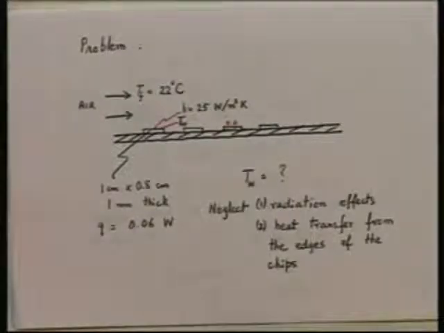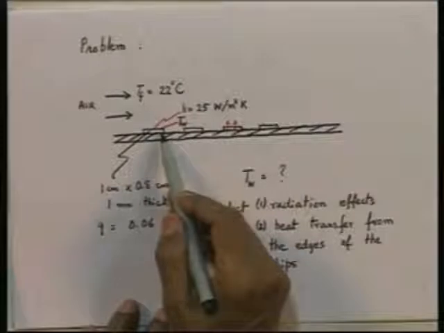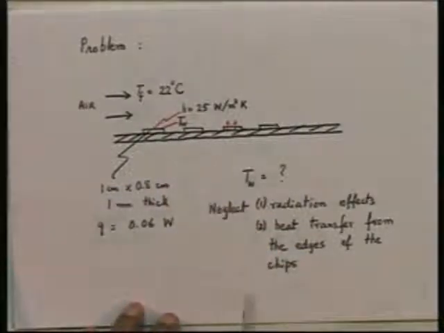So, keep in mind, right now we have done an overall study of this problem. We have neglected radiation, and we have assumed two values of h, one for forced convection and one for natural convection. As you go along and study this subject more, you will be in a position to calculate the value of h more accurately. You will be able to take account of radiation effects, and if you start getting more sophisticated, you can even take account of edge effects and consider heat lost from the edges. So, the problem can be solved even more accurately as we go along and study the subject more.